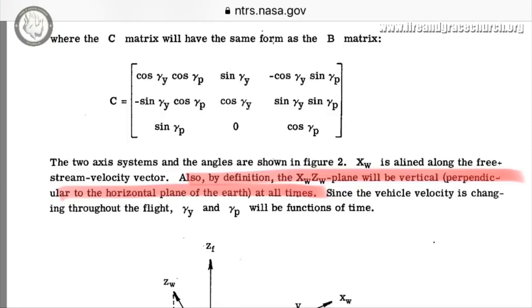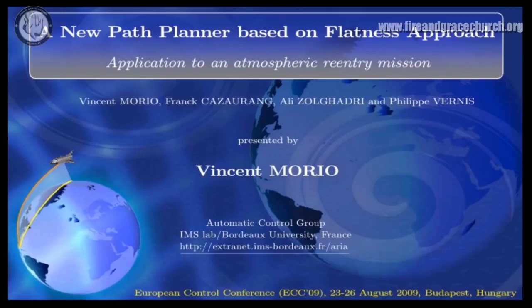Now, here's a doctoral dissertation by a PhD candidate that became part of this European Control Conference. In fact, I guess he graduated, but this doctoral dissertation that he began to speak to, I guess, the European Space Agency or whatever: a new path planner based on flatness approach, application to an atmosphere reentry mission. This was designed for the space shuttle, quote, reentry. And it's funny, they put orbit and reentry and stuff like that into quotations. And I'll explain all that next week. We'll get into that next week. But